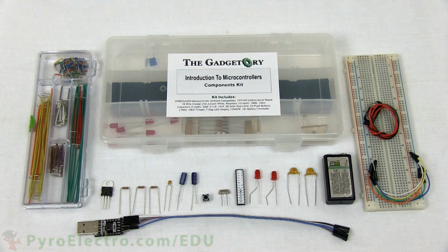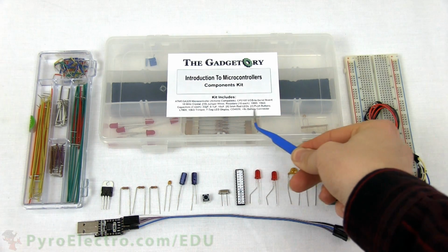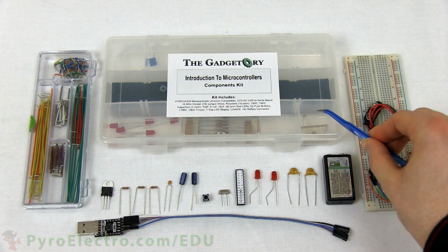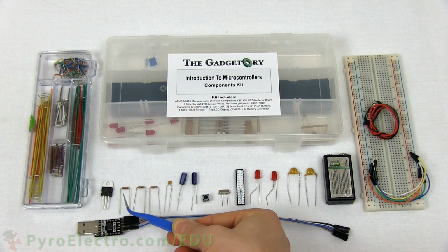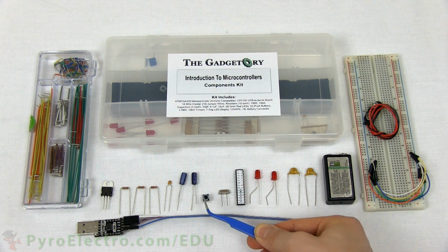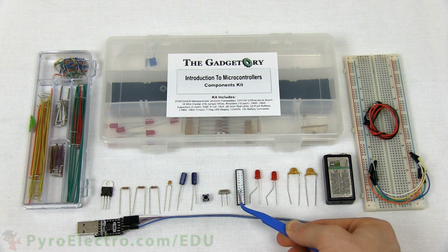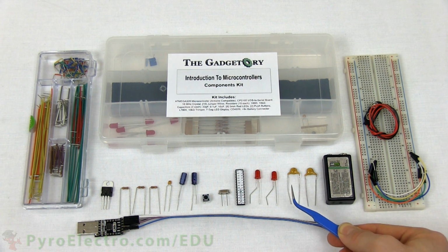Here are the parts we'll need: a jumper wire kit, the parts kit, and a breadboard. Specifically from the parts kit, we'll be using a 7805 voltage regulator, 2 100 ohm resistors, 1 10 kilo ohm resistor, 1 0.1 microfarad capacitor, 2 10 microfarad capacitors, 1 push button, 1 16 megahertz crystal, 1 ATmega 328 microcontroller with an Arduino compatible bootloader installed, 2 red LEDs, 2 22 picofarad capacitors,